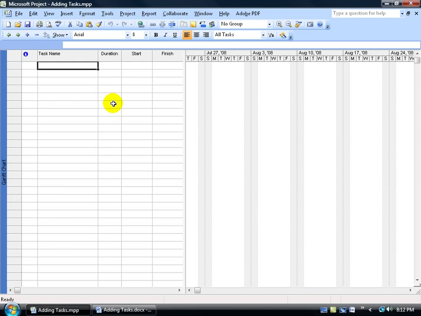underneath my summary task. So for the first task, I'm going to come up here, click in the first cell in the first row and type it in, and then hit enter. After I do that, it does a couple of things. First of all, it labels in the row header here that this is my first task, number 1. Over to the right we have the duration column, which says 1 day with a question mark, meaning I'll go ahead and keep it 1 day, but are you sure that you want it as 1 day to complete the task? Then we have our start and finish